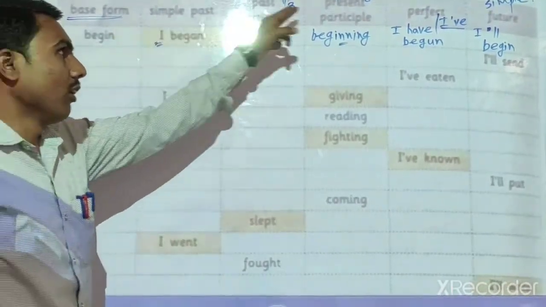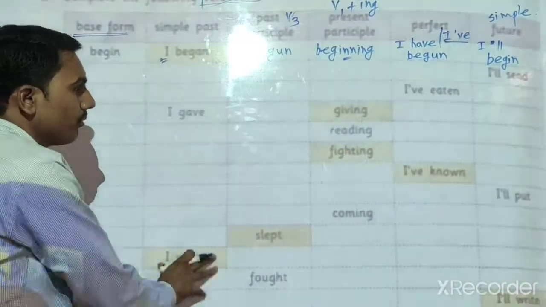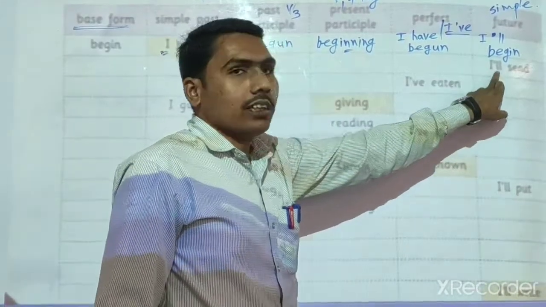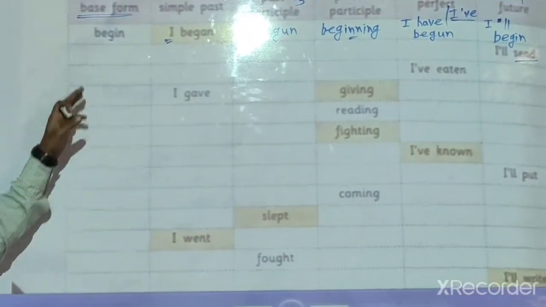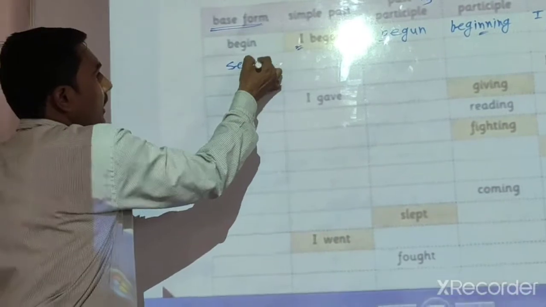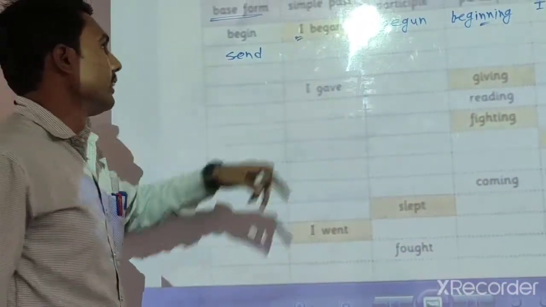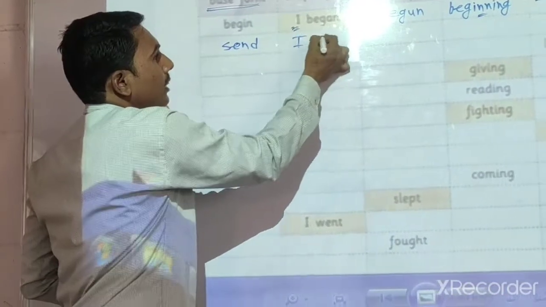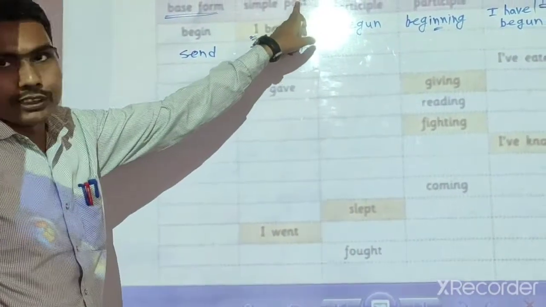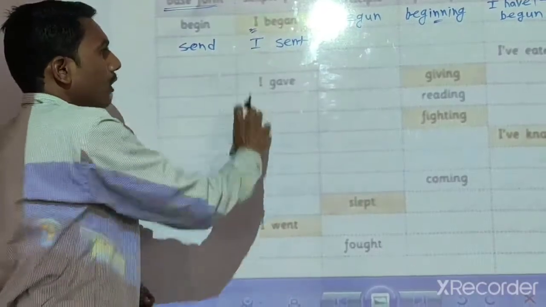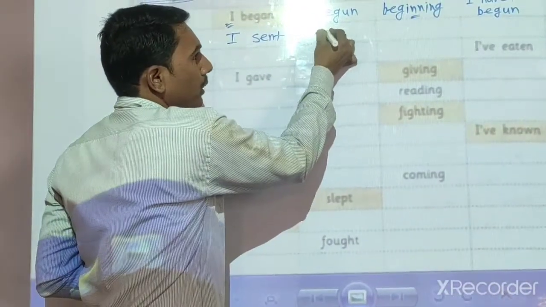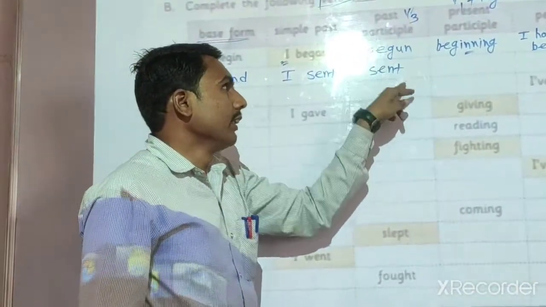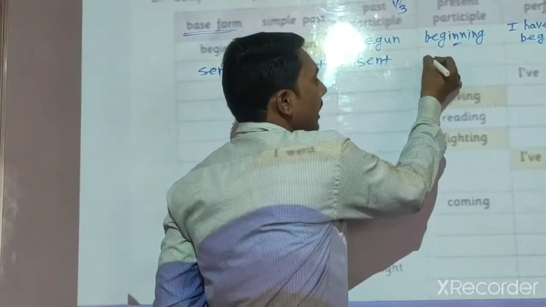According to this column, we want to fill the following chart. Look here. They provide us one verb. Send. I will send. Now we want to complete here. Send, first form, base. Send as it is. Then send second form. I sent. Second form. We want to use here the I pronoun. Then the third form, past participle of send. Sent. Remember this. Sent. Then present participle, sending.